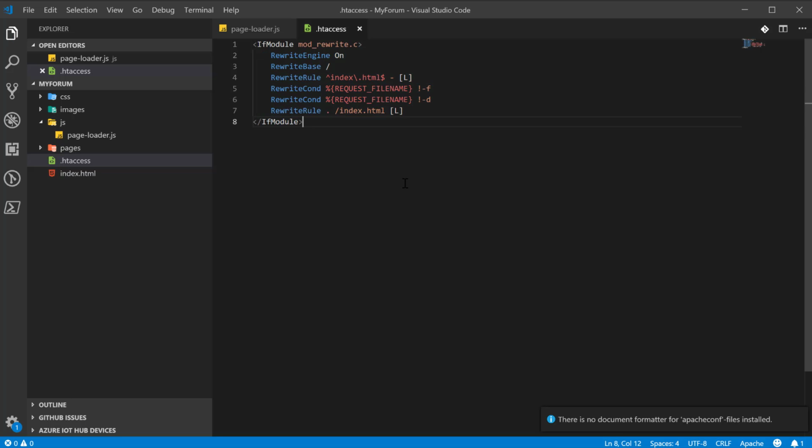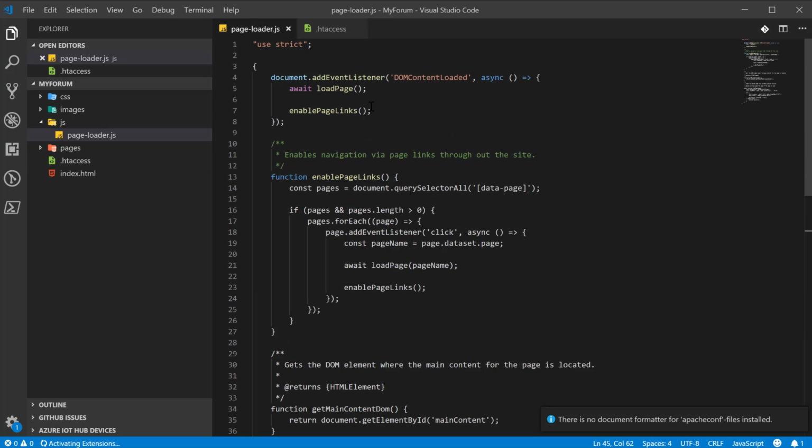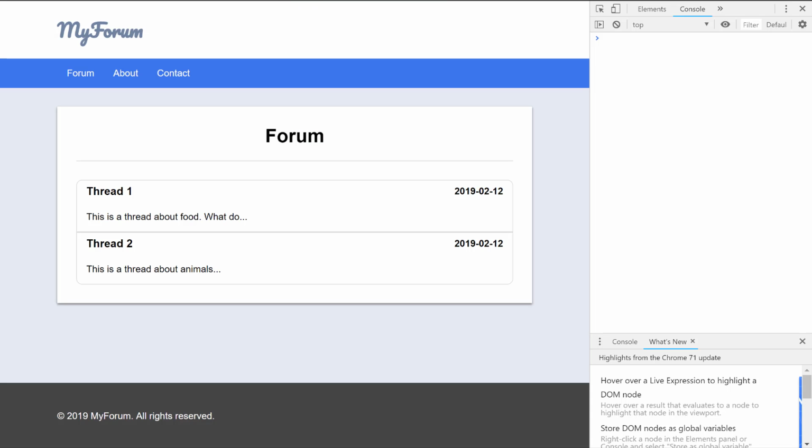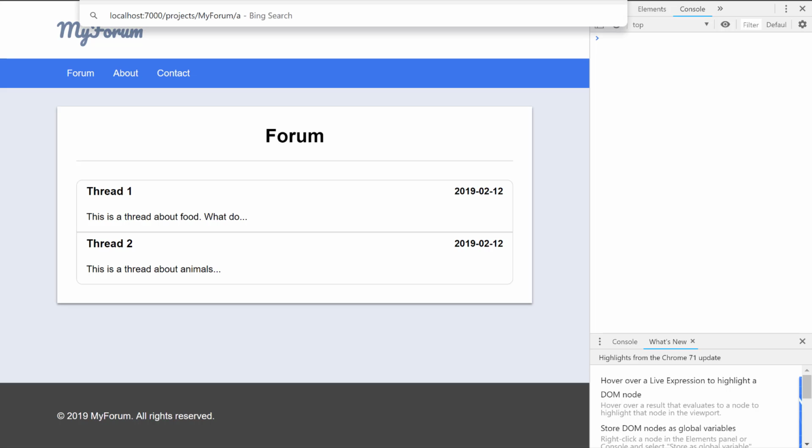Okay, now all requests should reroute through the index file. So now what we're going to do is come back here and see if it actually worked. So if I type in about,